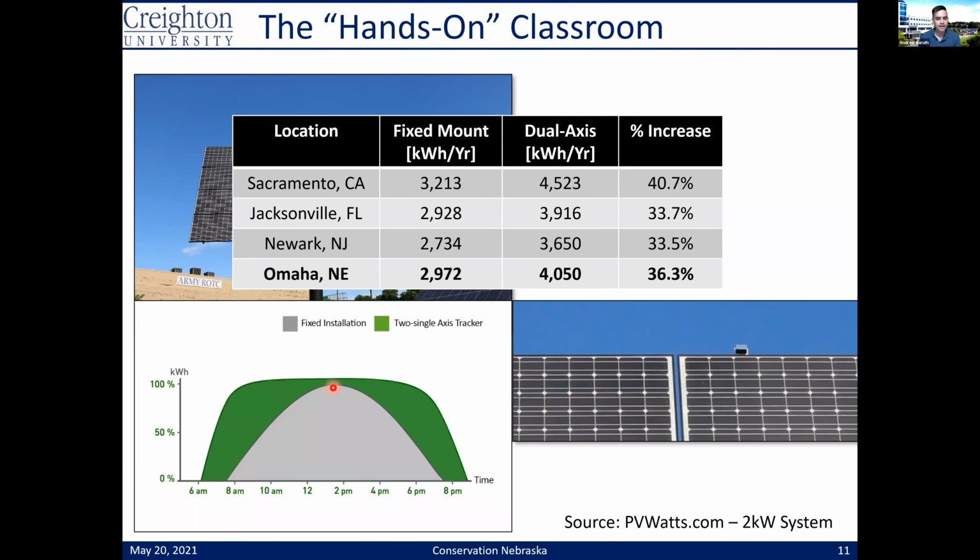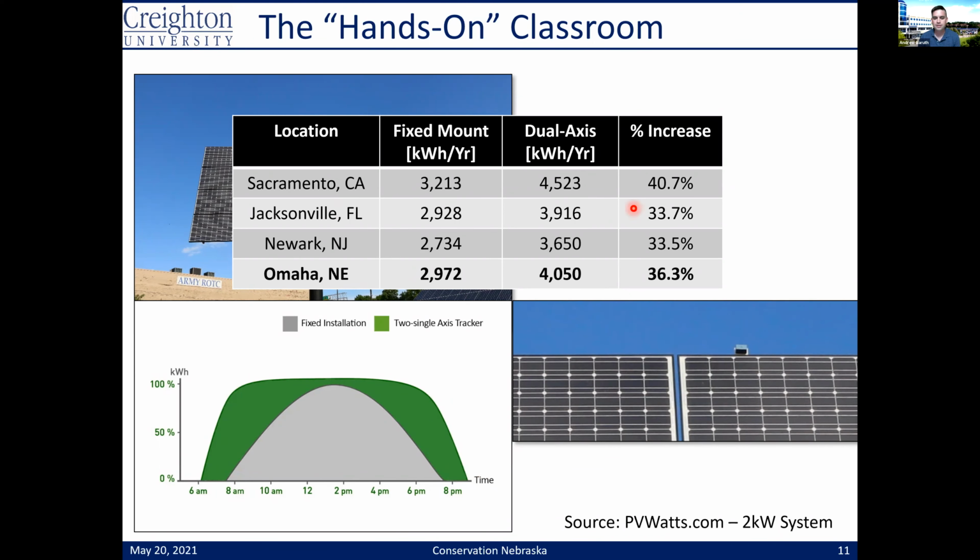So to give you an idea of what that might look like, the fixed installation would look something like this gray curve in terms of its power or energy output throughout the day. And it's very symmetric, as you can see. And of course, it kind of increases as you get to noon, and then it decreases as you get to the evening. And so it does kind of exactly what you expect. However, if you add now this kind of dual axis tracker that can track through the sun, you get more peak earlier in the day, more peak later in the day, and you end up getting a pretty big boost in your efficiency.